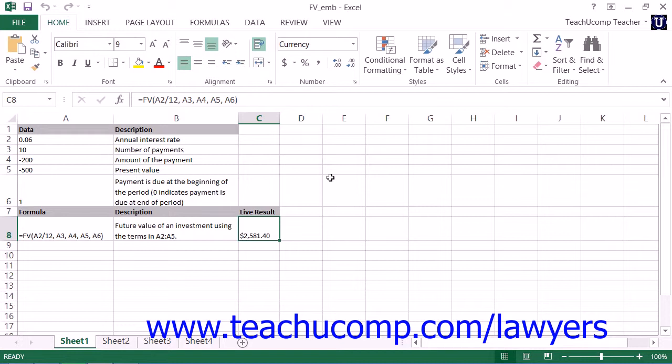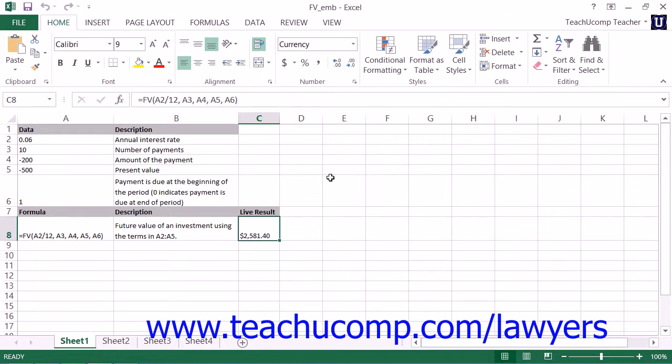The next function that we will be learning about is the FV function. The FV function assists you in determining the future value of an investment based on periodic but constant payments with a constant interest rate. The future value is the total amount that a series of payments will be worth at